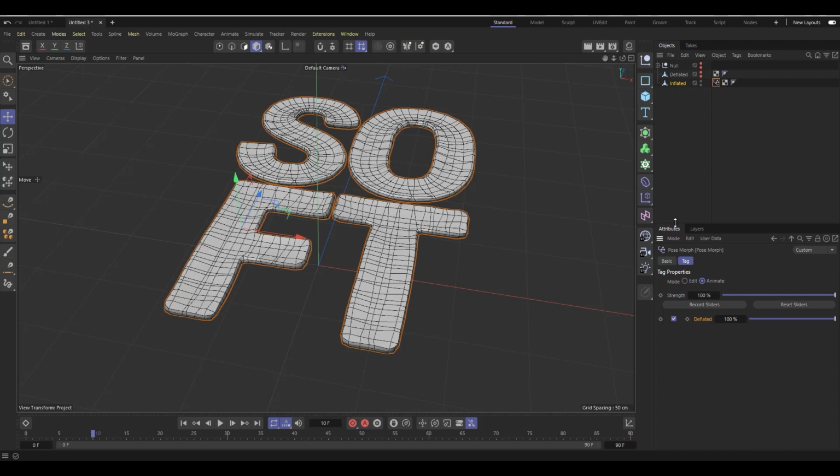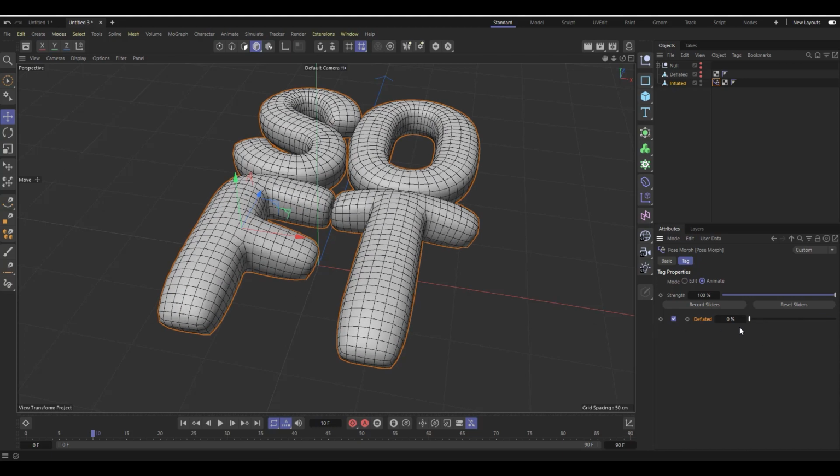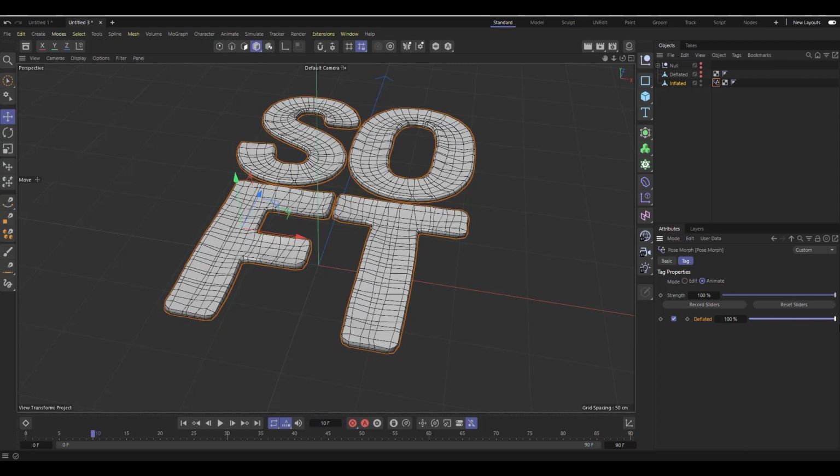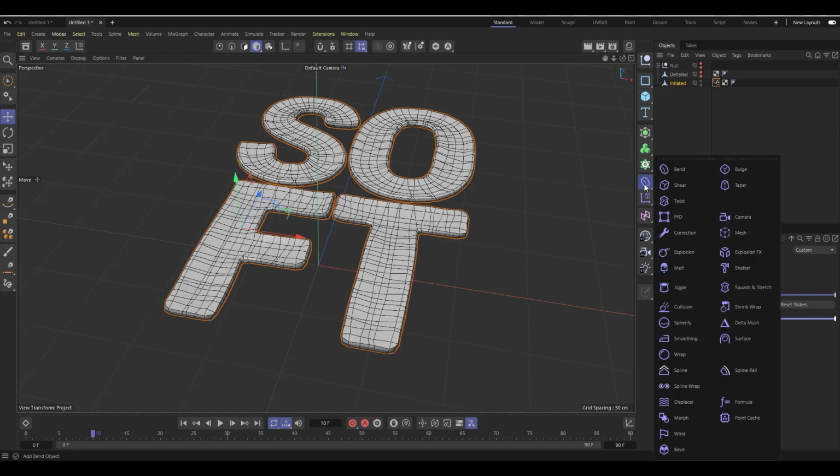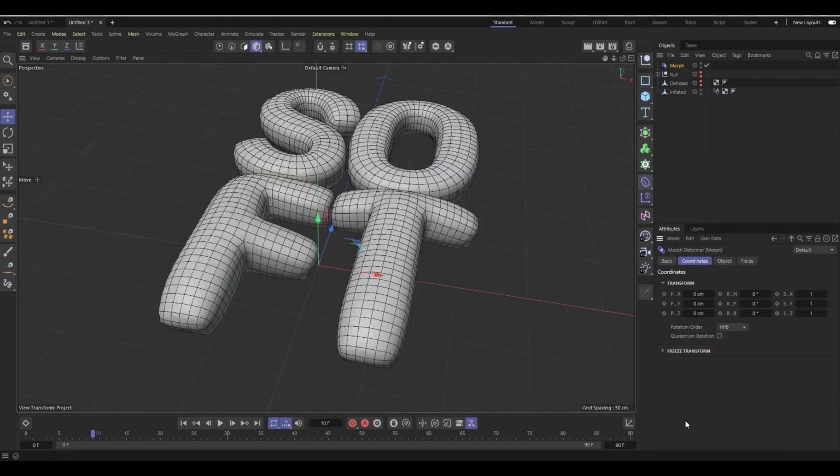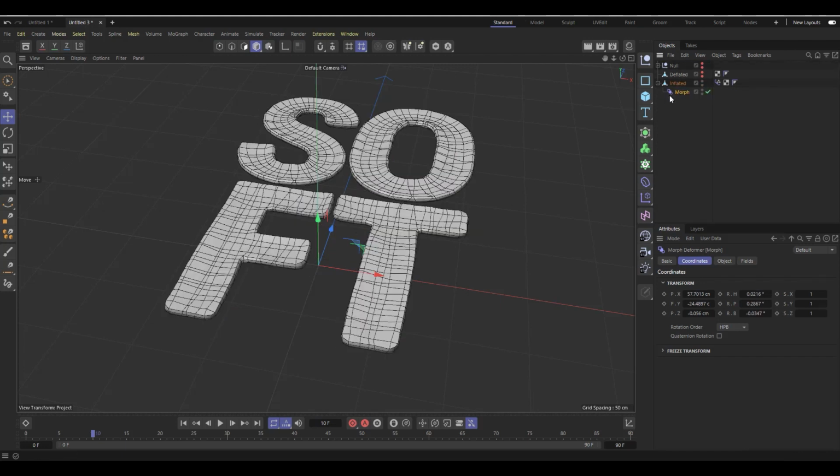So now that we have our states, how do we animate it? You can see we don't want it to all come in at once. We want it to come in maybe from one side or the other. So that's where we probably need fields. To use fields, it means you have to use a deformer. So how do we use the deformer? I have a tutorial too on this deformer, which is the Morph deformer. So I'll come into my deformers and I'll choose Morph deformer down here, and I'll make it a child of the inflated